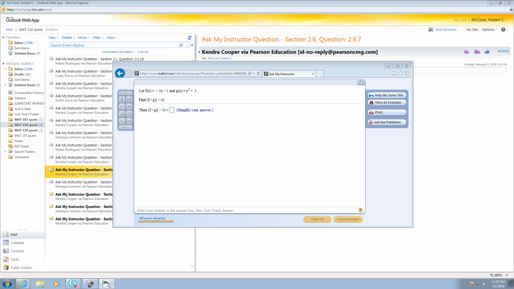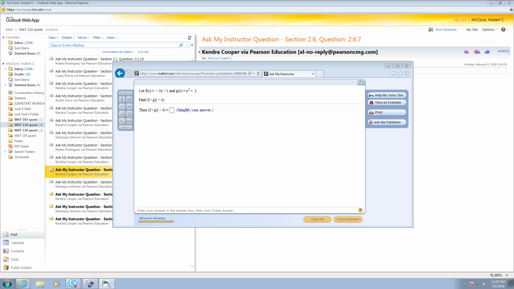And now, negative 2 times x squared is negative 2x squared. And negative 2 times positive 2 is negative what? And what's negative 4 minus 1? So negative 2x squared minus 5